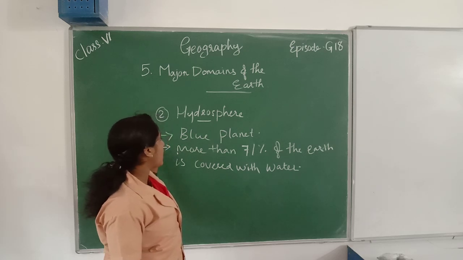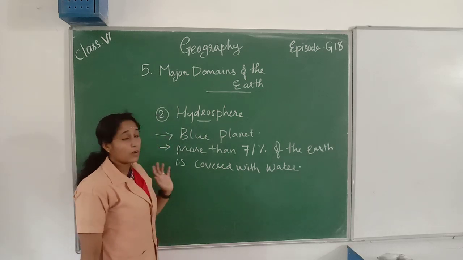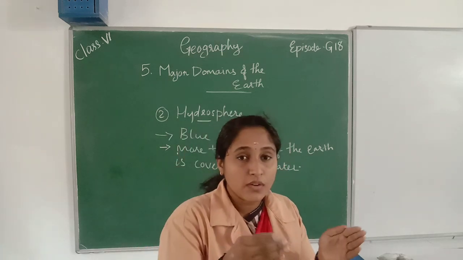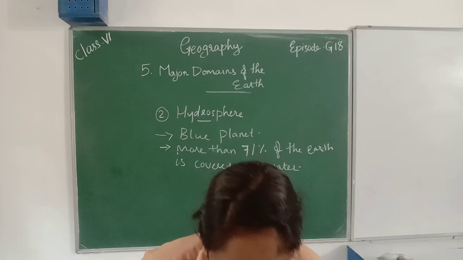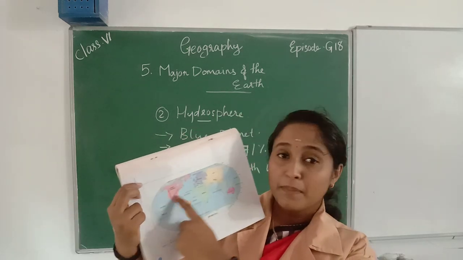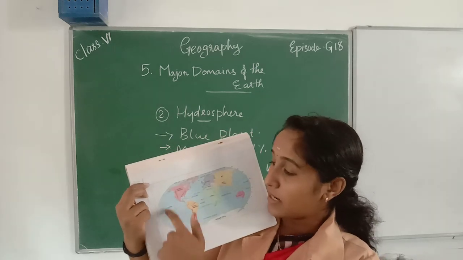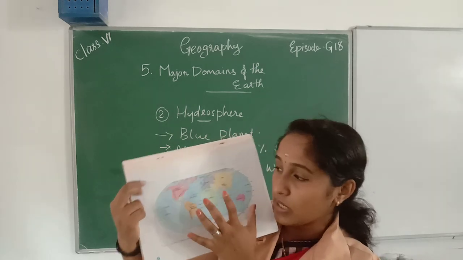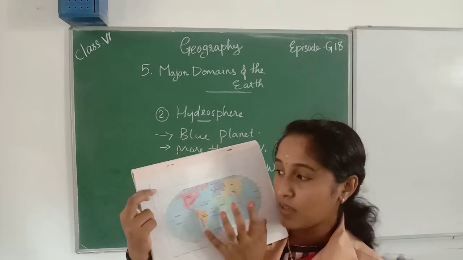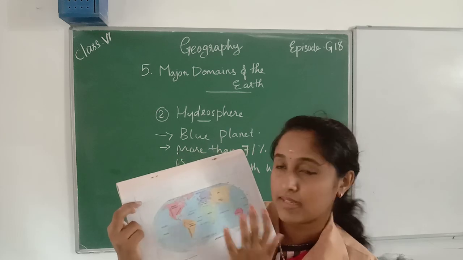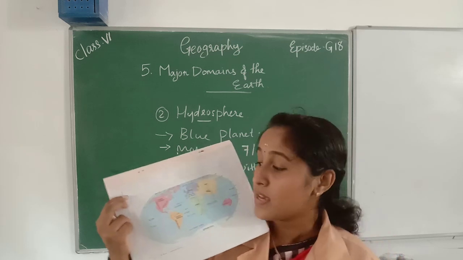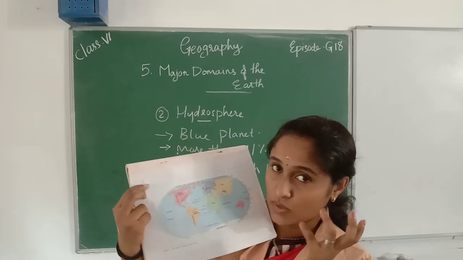In this we are not yet familiar with the water bodies. In the previous class we already discussed the oceans and we saw the continents and the map. Look at this map. You can see that the blue color means the water bodies, right? This is the world map. This is our earth, and these are the 7 continents. In the previous class we discussed what a continent is and which are the 7 continents. So today we are going with the hydrosphere.